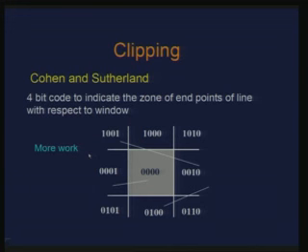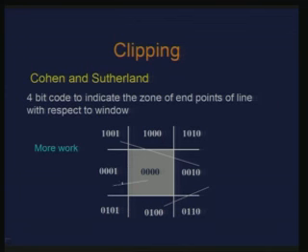However, if the cases are of this kind, where the trivial rejection criterion does not get satisfied, then I need to do some more work, right. These are cases where you have one end point on this side and one end point inside the window, and I get a logical AND which is 0 for all the bits.